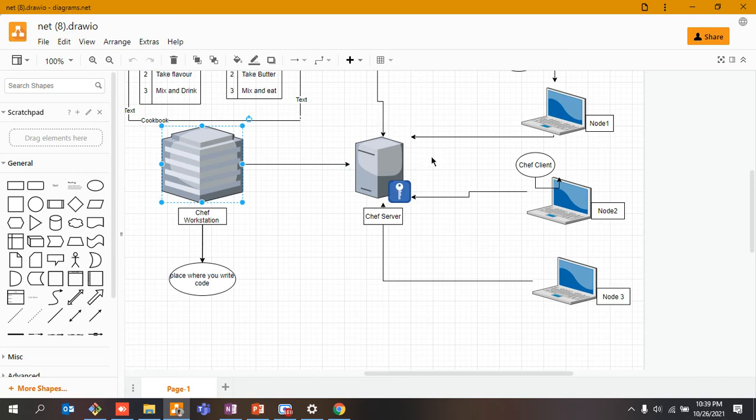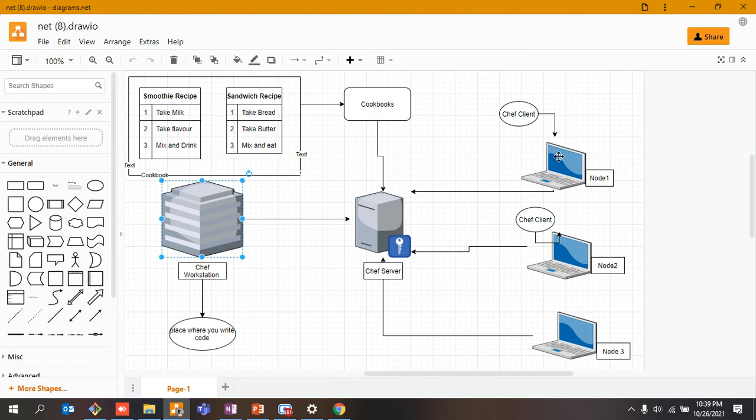And once it is on your Chef server, I have told you that Chef follows pull based architecture. So it means that your computers would be coming and asking the Chef server, hey, do you have updated code for me? And one by one they would be installing. Please try to understand each and every word I'm trying to say.